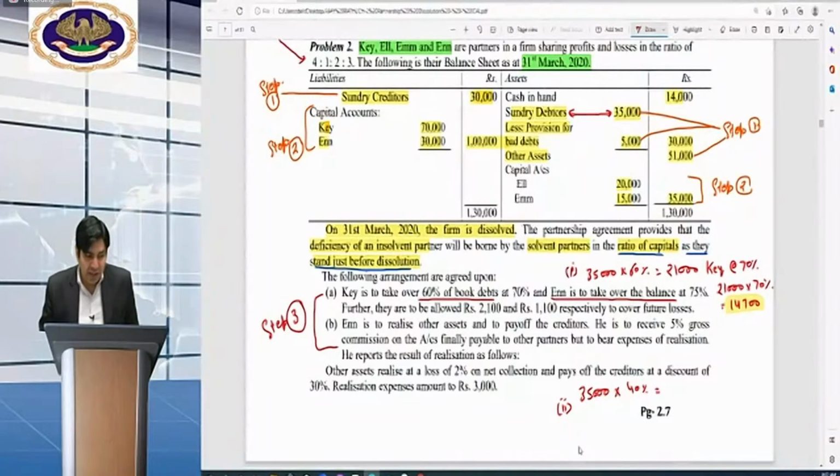Anyways, now come on. So 14,000 is there. That is the book value of the rest of the book debts. And beta ji, this was taken by Mr. N. And that has been taken at the agreed value, that is at the rate of 75% as per agreement. So what is the 75%? Very good.